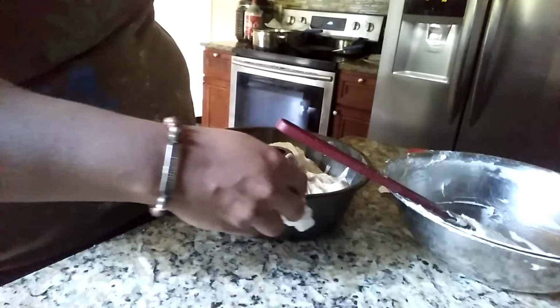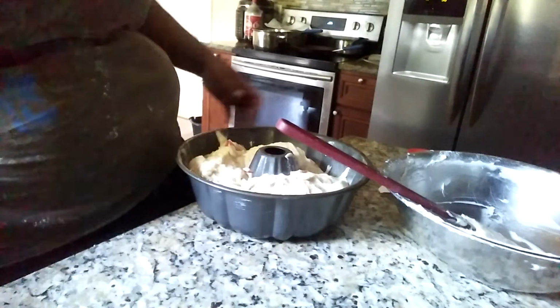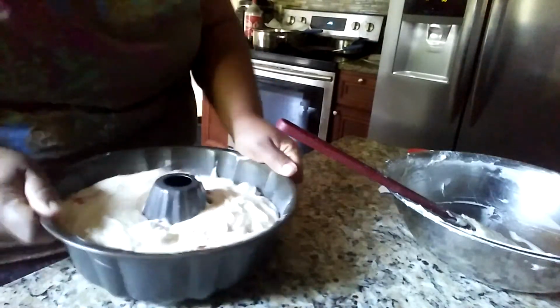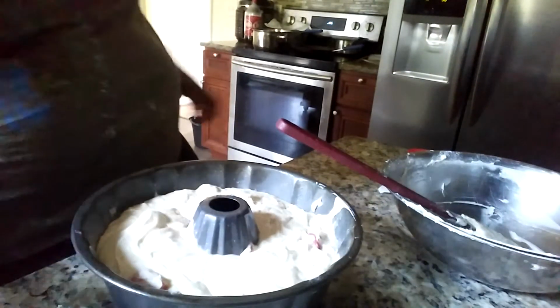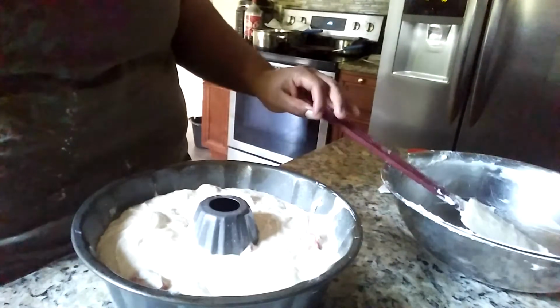Alright. So I'm going to wipe the edge of my pan off because I got a little bit on the outside. We don't want it on the outside. You want to make sure you shake it till it's even. Once it's nice and even in your bundt pan, we're going to go to the oven, cold oven, for